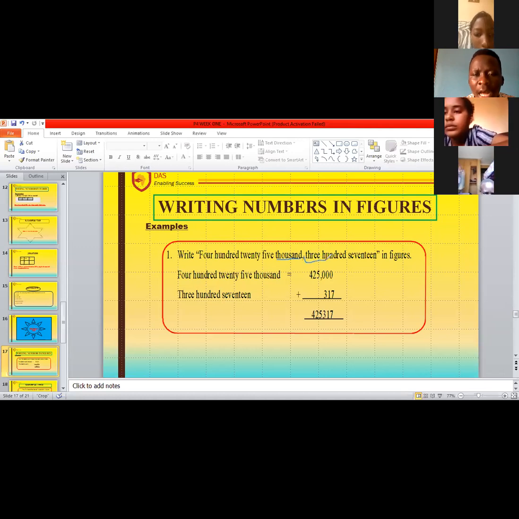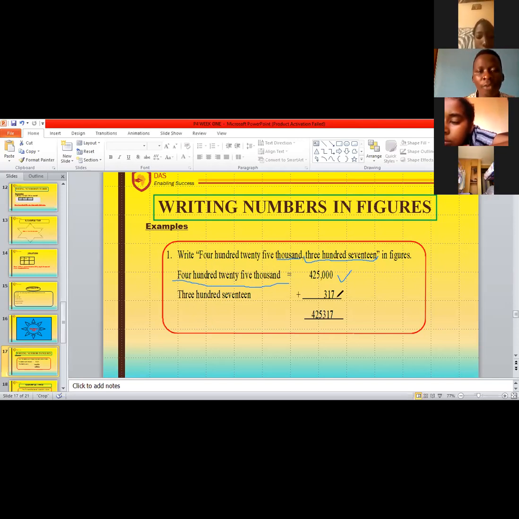Then we have the other units which are here. You get it? Now, after the first comma, we shall read it as 425,000. You get it? And we shall separate that sentence and have it written there, 425,000. When we write this in figures, we shall have it the way you see it there. You get it? And the last part of the units where we have ones, tens, and hundreds, you realize we shall have